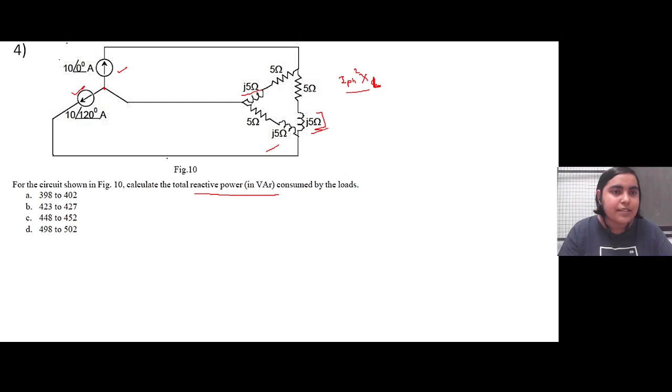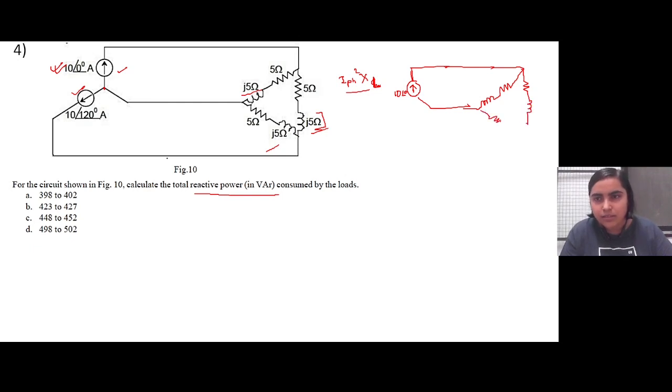So first, if we consider only this particular source, the other current source will be open circuited. So it will be somewhat like this, the 10 ampere source with 0 angle. Now this is the inductance, this is the resistance, inductance, resistance, inductance. Okay, and since this is open circuited, no current is flowing here, so it is almost like